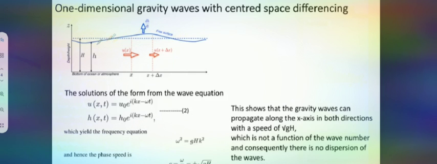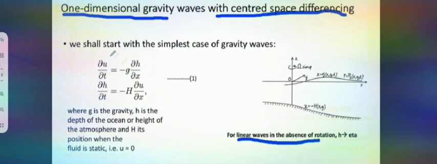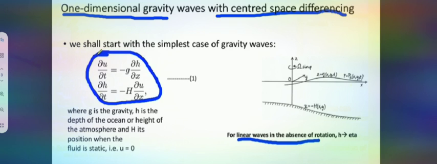So this is basically called the free surface. This height is measured by small h, and this is capital H. So with these flow features, this is the governing equation. Basically, as you started in shallow water, this is the modified form of the Navier-Stokes equation for shallow water. Okay.